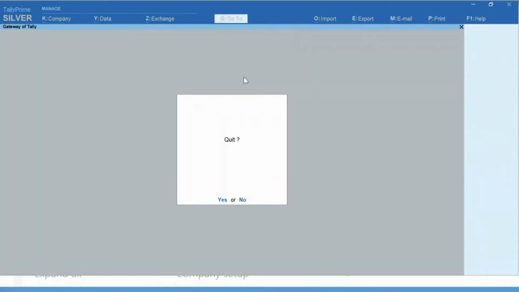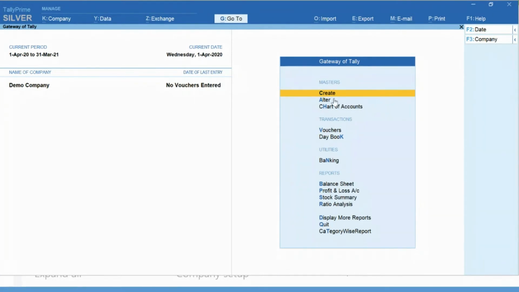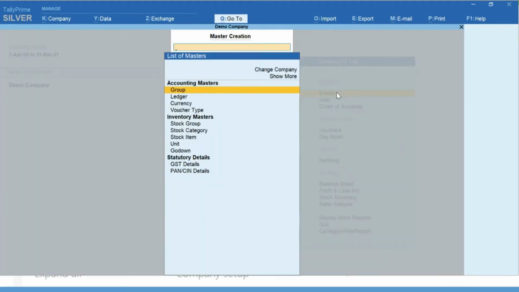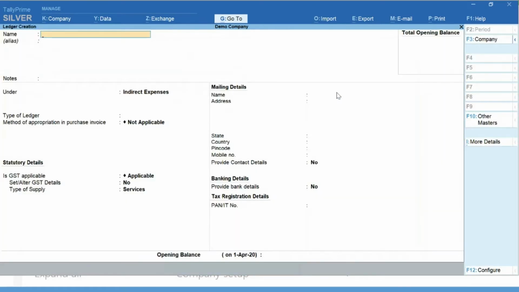And let's assume now, since we know that to create a ledger the user will go to the Create button, now I want to create an item. To create an item, what will the user do? On the screen, under Gateway of Tally, there is a Create button. He will click on the Create button. And since he is there in the account master, he clicked somewhere, and after typing something, he realized that no, I actually wanted to create the item master. It is showing something which is not related to item at all. This looks like an accounting ledger.